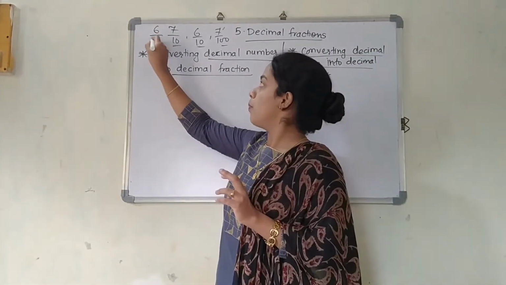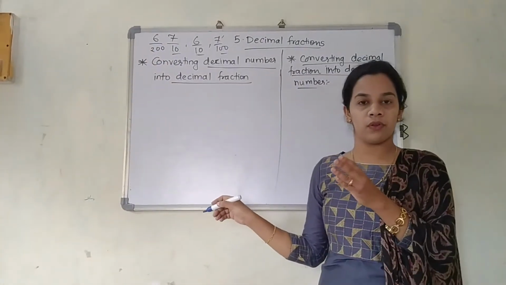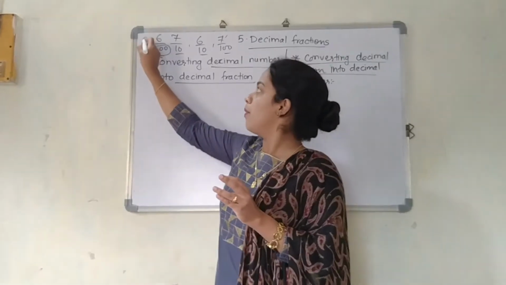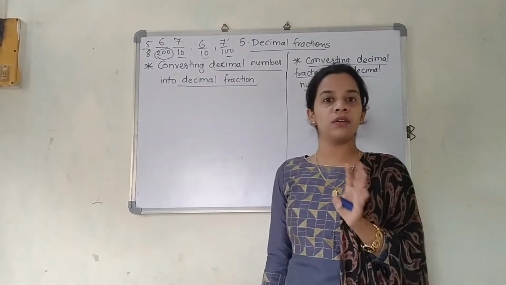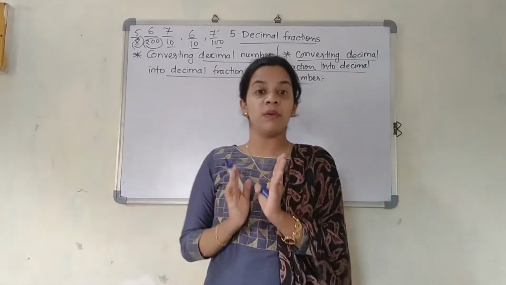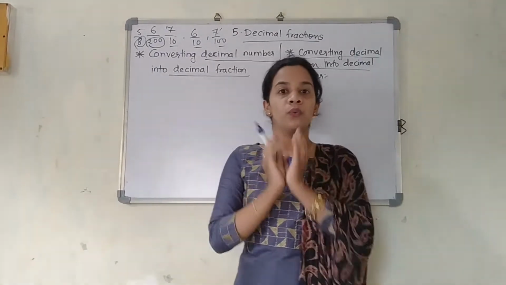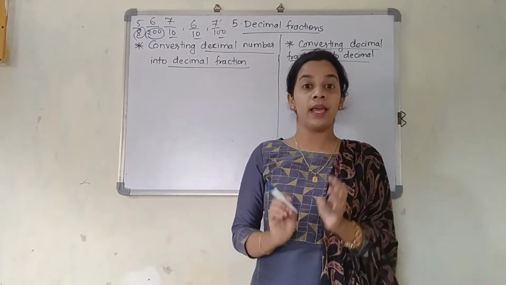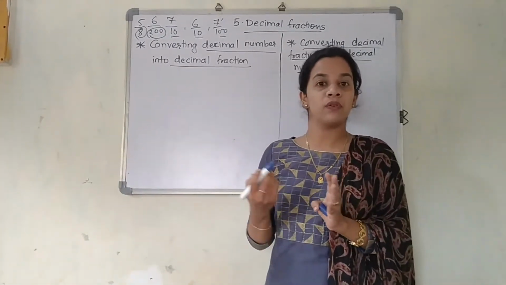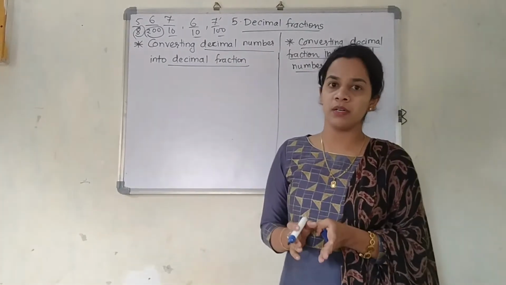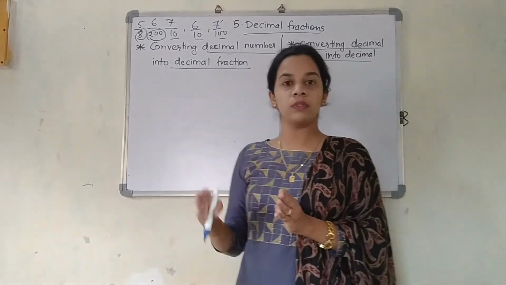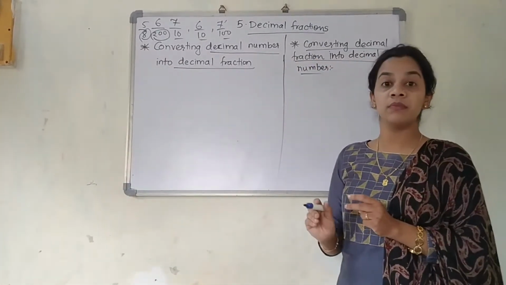If someone asks you 6 upon 200, this is a common fraction, but this is not a decimal fraction. Why? Because the denominator consists of 200. 5 upon 8 is a common fraction, but it is not a decimal fraction. Why? Because the denominator consists of 8. So decimal fraction means what? The fraction whose denominator consists of 10, 100, 1000, 10,000 and so on, the numbers which are in multiples of 10 itself. Now 600 is also a multiple of 10, but the numbers which are in particular the terms of 10, 100, 1000, 10,000 and so on, they are said to be decimal fractions.